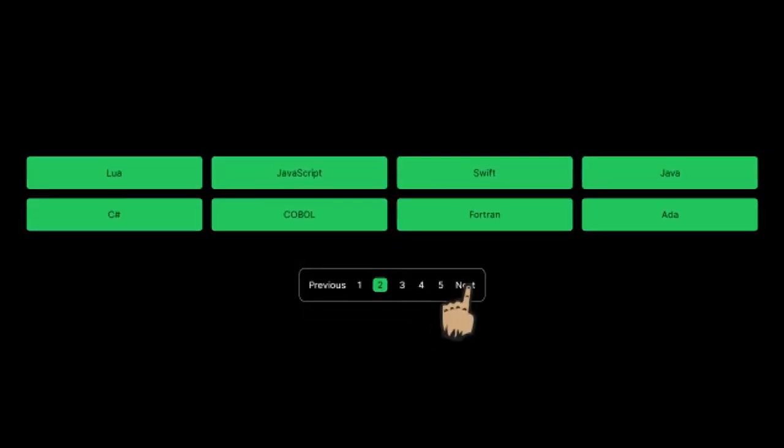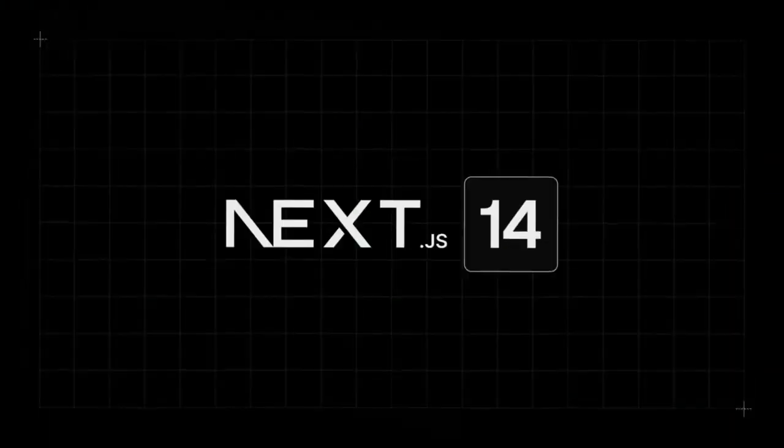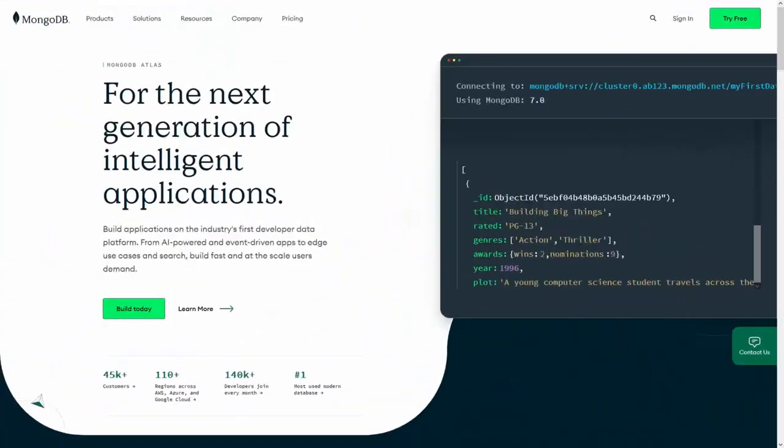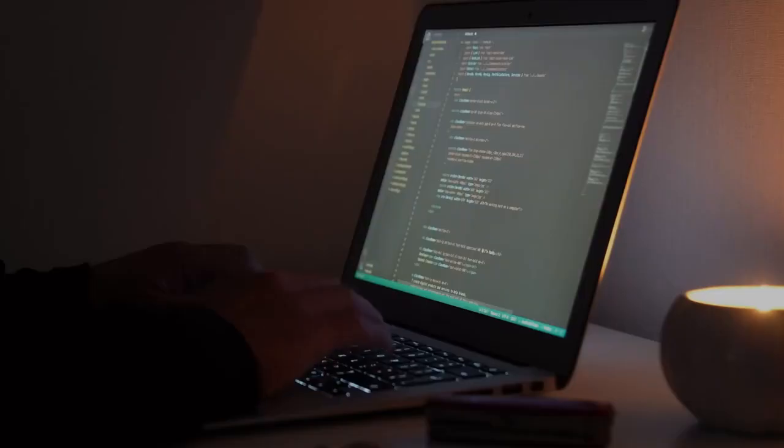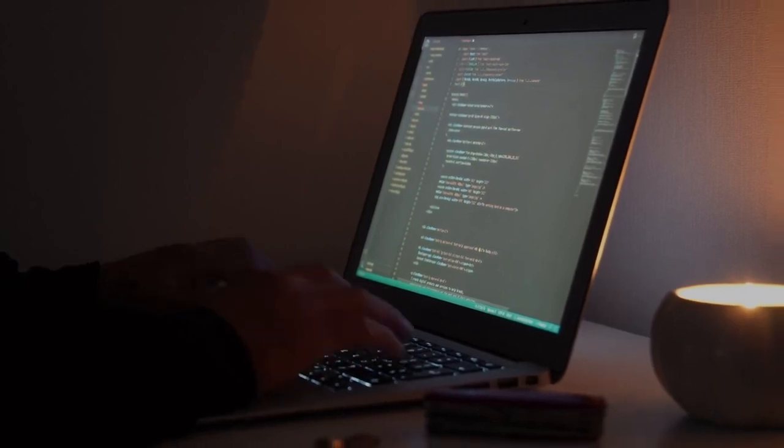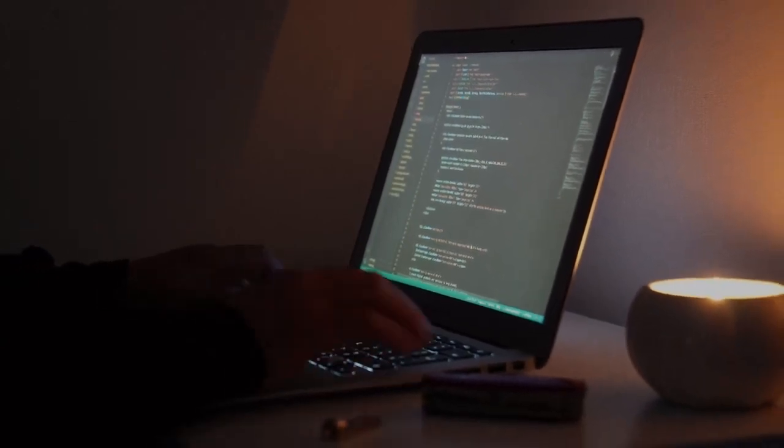Hey, welcome everybody. In today's video, we will dive deep into creating a numbered pagination using Next.js 14 and MongoDB as our database. Everything will be done on the server side, and this code can be adjusted to work with other